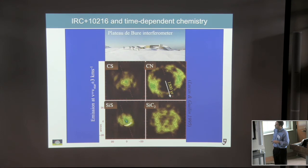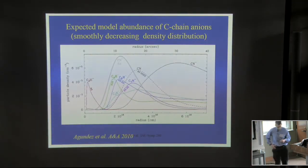And there again, there are some molecules which are only formed in this central star or near the central star, while others are formed in this outer circumstellar shell. And again, this is time-dependent chemistry, whereby this is about equivalent in time to about 1,500 years. So our collaborators in France and Spain have looked carefully and developed various models to try to understand how these carbon chain anions, where their abundance peaks,